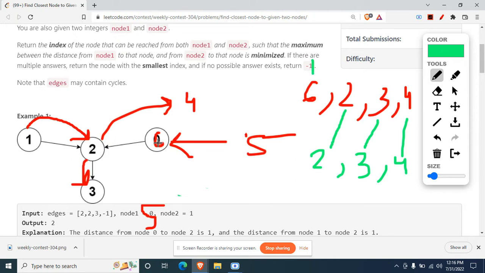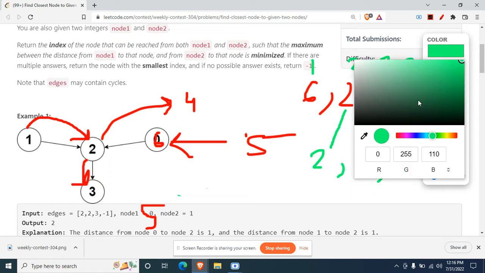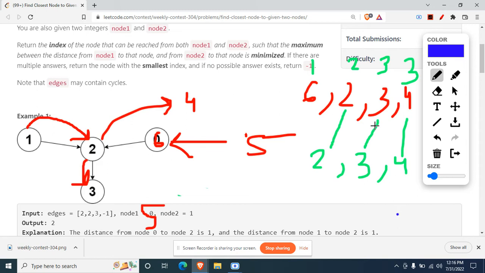5 to 2, 2 nodes are there, 2 distance. 3, 2 distance, 1, 2 and 3. So a distance of 3 was taken. To reach 4, it will go to 6, then 2 to 4. Then that means the distance was 3. Fine. So whatever I have written at the top are the corresponding distances to reach it. So these are the nodes that it can visit, that is 6 to 3, 4, and the distances it